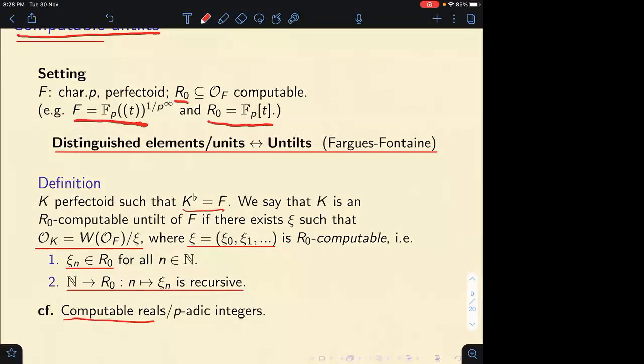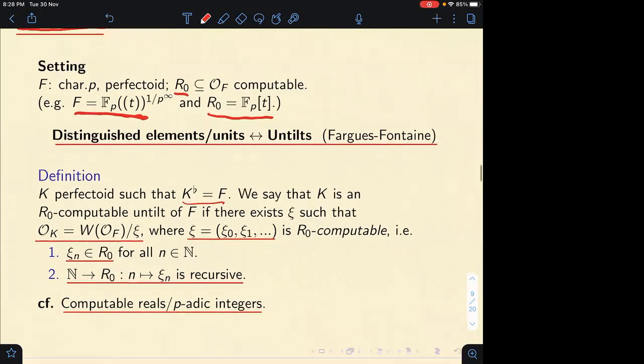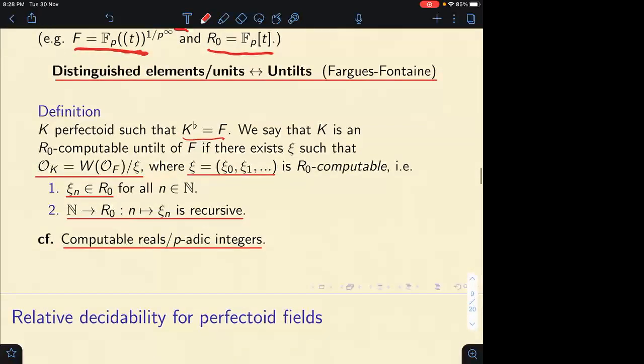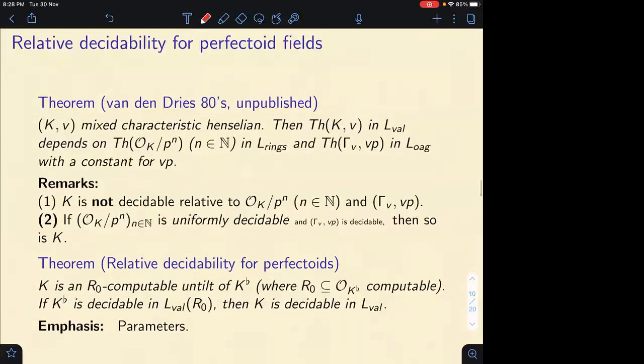Okay, so this is just the usual way to define those things. It's very similar to the notion of a computable real number or a computable p-adic integer. In the case of a p-adic integer, you simply have an algorithm to produce for you the nth p-adic digit. That's the definition. Okay, so this is going to be important. So now we're almost ready to state the main theorem. But first,